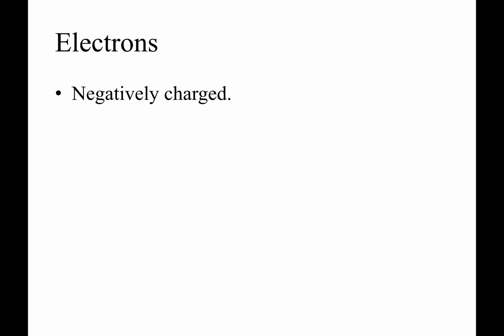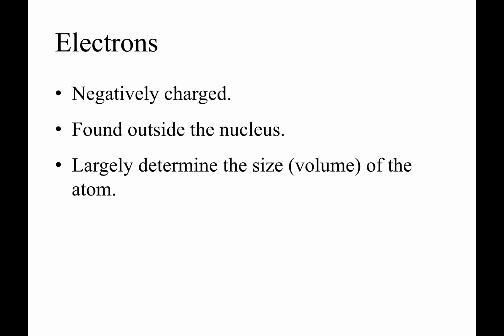Third subatomic particle, the electron, negatively charged, found outside the nucleus. We'll be talking more about how much energy electrons have and the general shape of the electron cloud, but they're definitely found way outside the nucleus. And so, again with the BD and the 10-story building, it's the electrons that actually give any atom